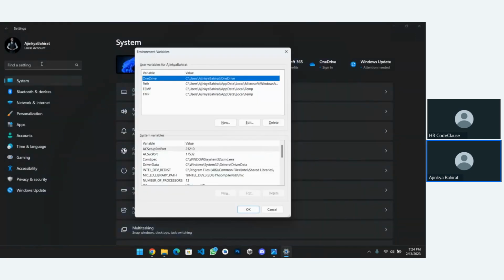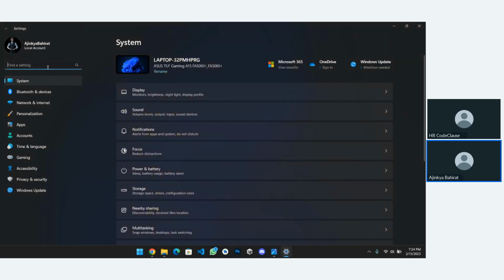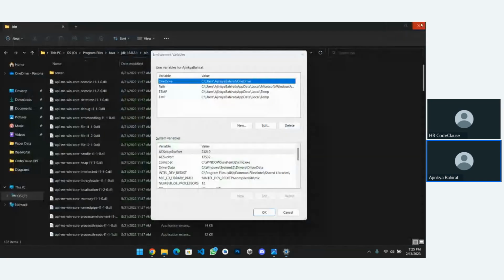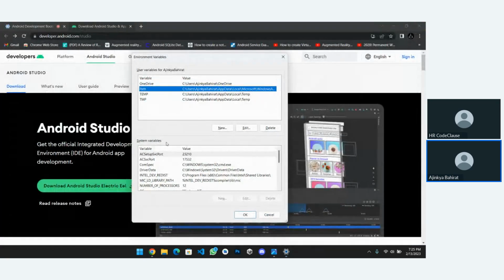Edit environment variable. Here you will get this type of window. What we just did was press settings, then go to edit environment variables. In edit environment, go to the path in the system variables.